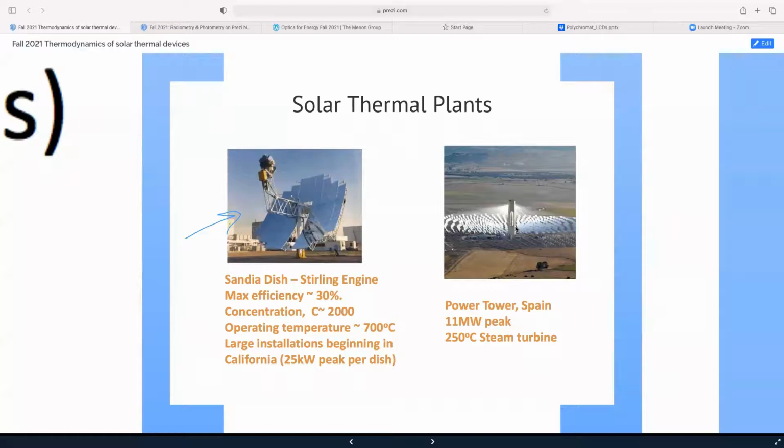First of all, it's a reflective parabola, and the heat engine is put at its focus. High concentrations, 2000, very high operating temperatures, several hundred degrees, large installations, where the idea is to make them modular and be able to essentially scale them up. They're expensive. The other architecture, of course, is what's shown here,